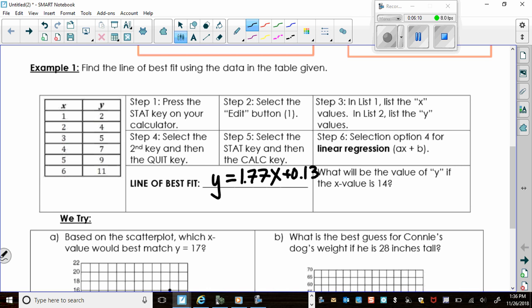Now you might be given a question that says what will be the value of y if the x value is 14. We have to use this formula in order to figure that out. Well, I know my x value is 14, so x equals 14. All I have to do is plug that 14 into my equation to solve for y. So that's what I'm going to do. Y equals 1.77 parentheses 14. And then I'm going to use my calculator. You can use your own. I'm going to use my handheld one. 1.77 times 14, I get 24.78